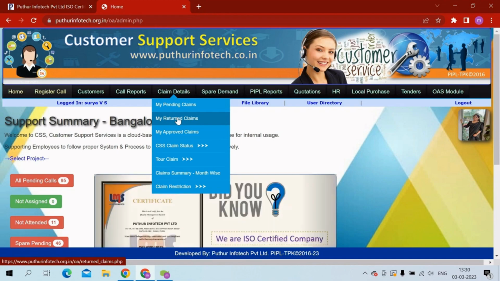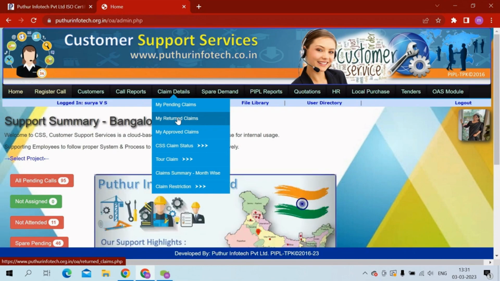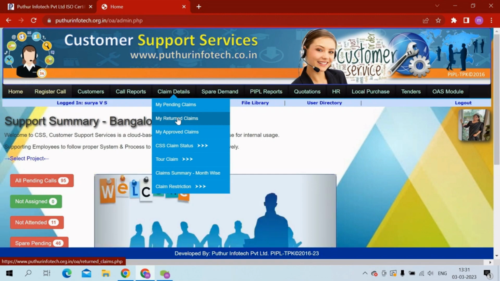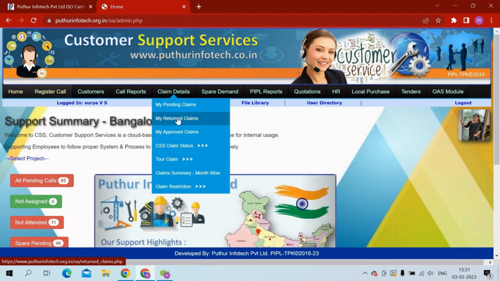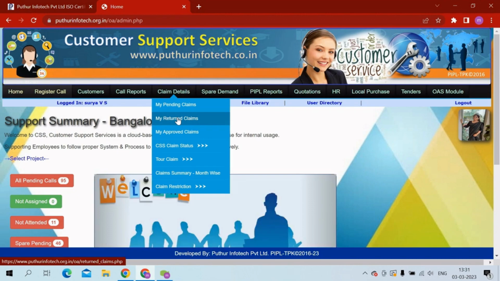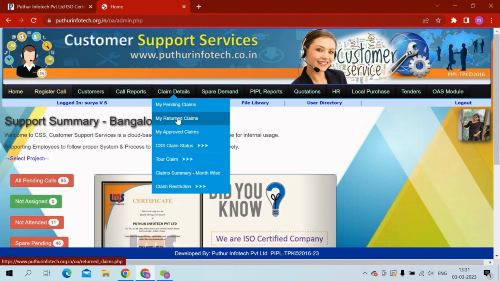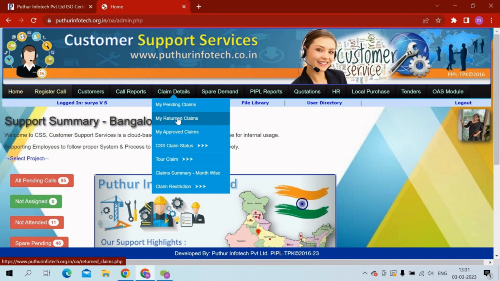In the returned claims section, you can view all the claims that have been rejected by your manager, along with the reason for rejecting, so you can check with your reporting manager if you have any concern related to the rejection of claims. Some points are to be noted to avoid rejection of claims. Do not use modes of travel that are not approved by your reporting manager. Consult with your reporting manager if you have to use a car or auto due to unavoidable circumstances, and always mention the exact amount of travel so the claim submission system can identify the distance and average amount that can be incurred while using a particular mode of travel.